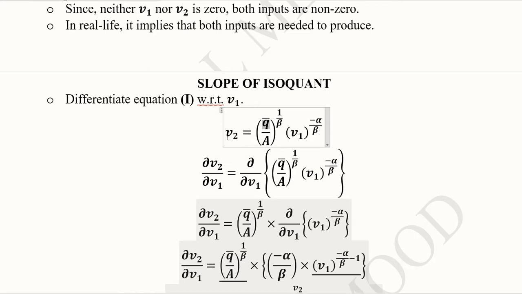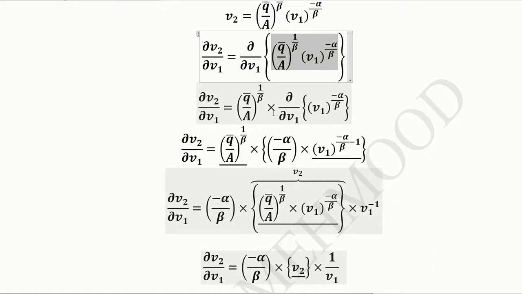And the isoquant's slope is basically the rate of change over the isoquant. It means that there will be an increase in V2 and a decrease in V1, or vice versa. So it is better to calculate the derivative, which will allow us to get this rate of change. So the derivative in the partial sense will be taken here with respect to V1 of V2, and when we do this, a simple differentiation process can be done, where this term has been brought out because it doesn't have V1 in it. This term had V1, so we are going to